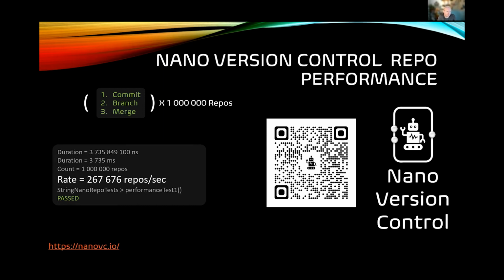So with a simple performance test of a reasonable amount of data, if we have three operations of committing, branching, and then merging those branches, and we do that 1 million times on some randomized data, it takes 3.7 seconds on my laptop. These are results from last night, which gives us an incredible 267,000 repos being processed per second.